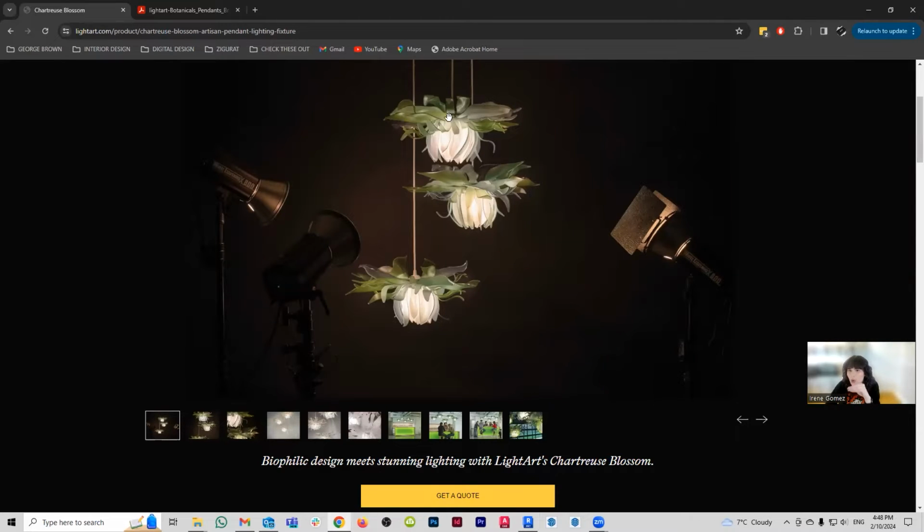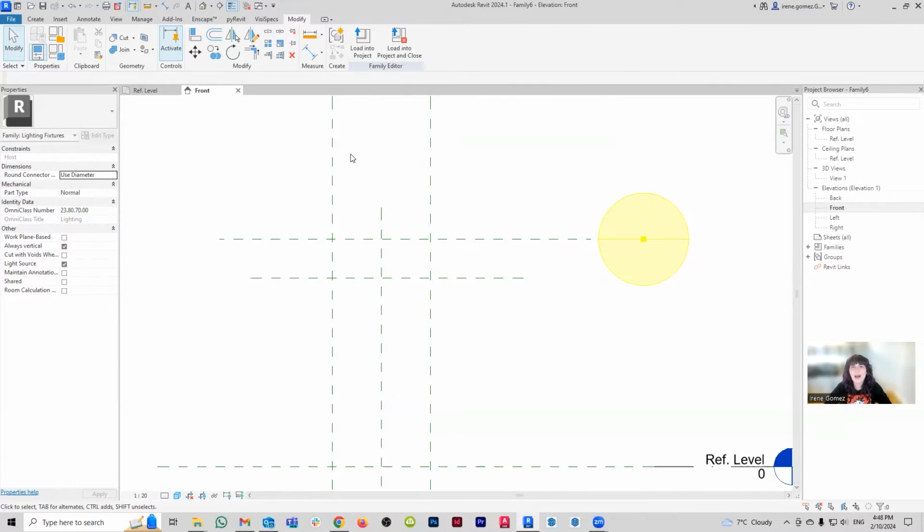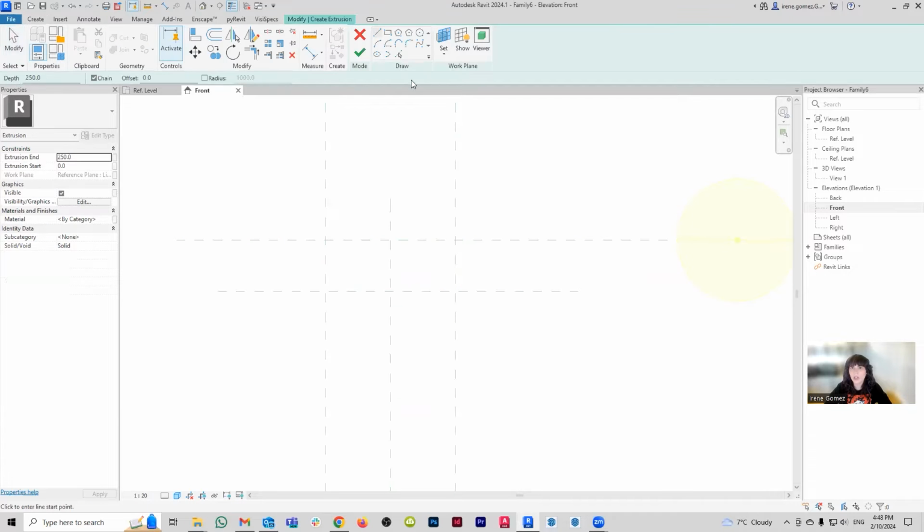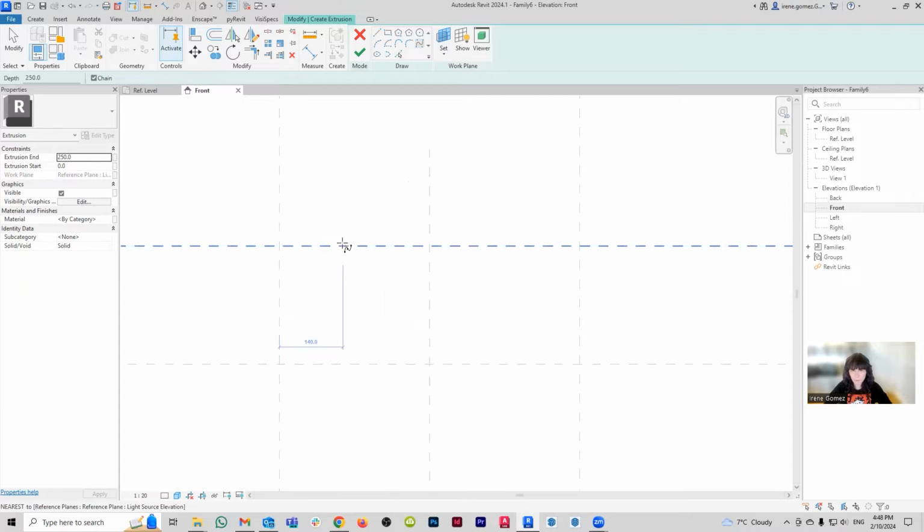And again, I'm not going to do every single petal, because absolutely not. But I'm going to try to get pretty close. We have these reference planes here that are telling me these petals that I will create should not exceed the location of this guy or that guy. So I'm going to go to create and go extrusion. I'm going to go through the center and use the spline because that's going to give me a little bit of a quirkier shape.